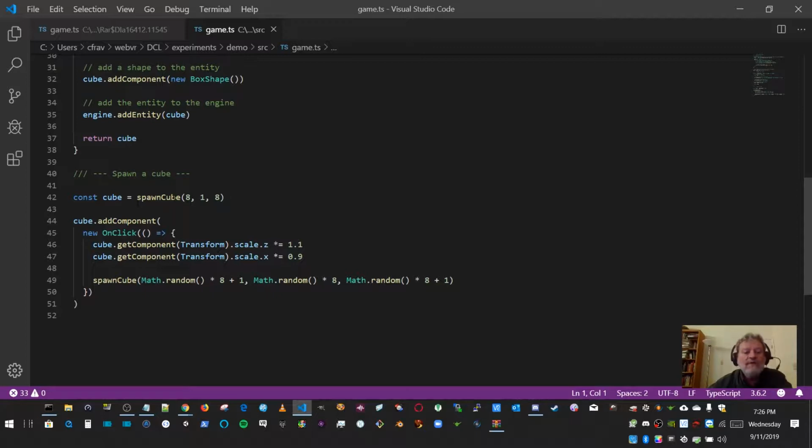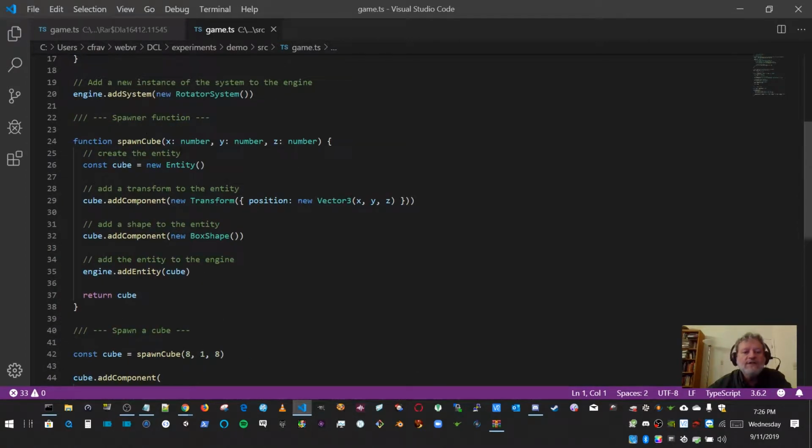So what is spawn cube? Well, spawn cube is actually just a local function in the code called spawn cube that takes these three parameters and does something with it. It does the things that you typically have to do to create a visible entity in the world, such as instantiating something called an entity. Entity is part of the SDK. It is a point and orientation in space, but it's not visible in itself. It's just a location. That location is going to be placed at the parameters passed in, 8, 1, 8, which become turned into a vector and set to the position attribute of a transform,